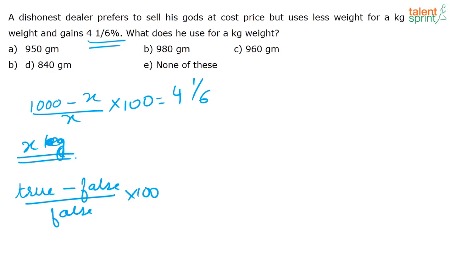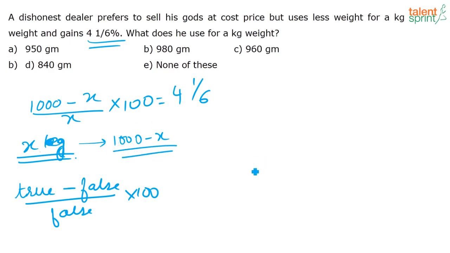Now if you are not approaching it with the formula, again very easy to solve. So what is he doing? Actually he is selling only x grams, okay? Now by selling this x grams, what is he doing? He is gaining 1000 minus x grams, correct? For example, if he is selling only 900 grams, he is gaining how much? 1000 minus 900, correct? That was how we did in the previous problem. So here for every x gram that he sells, he is gaining 1000 minus x grams. So this is his profit that he is making by doing this.